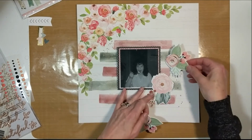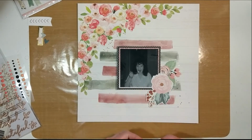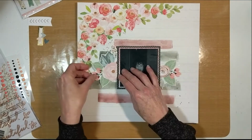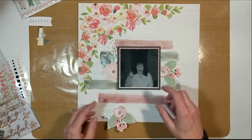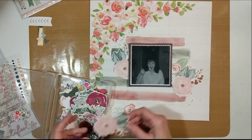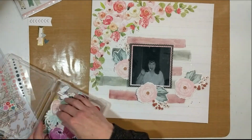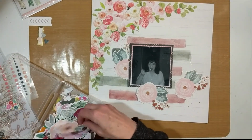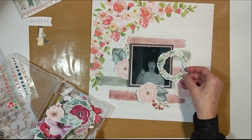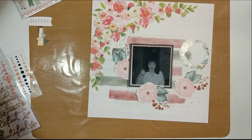Now these chipboard flower pieces, I picked those up at Hobby Lobby. They were hanging on hooks above where they kept all the stickers in my store. I had never really noticed them, but they have a small little grouping, and I guess they use them for card makers because the patterns repeat, and see all those different ones. I thought, you know what? I don't use a ton of flowers, but I get in moods,